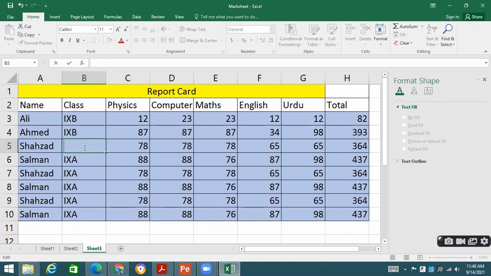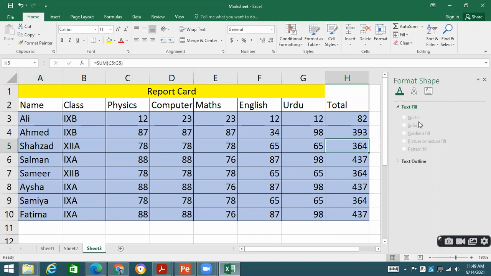I'm giving data for grade 12A. Okay. I'm giving data for grade, let's suppose, 12B. Aisha, Samia. I have given some other names as well. Now this is the data we have got.